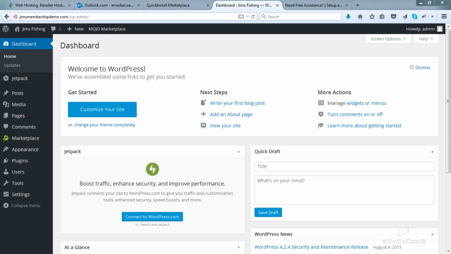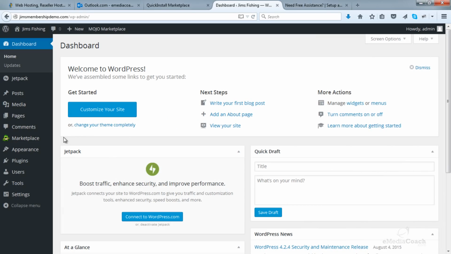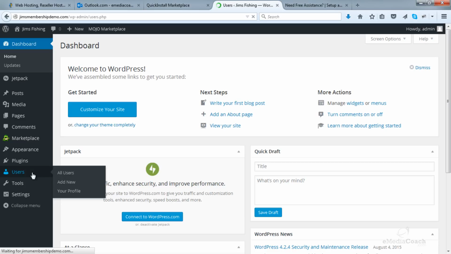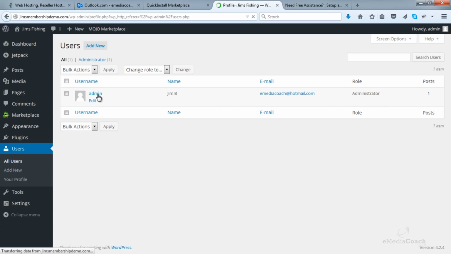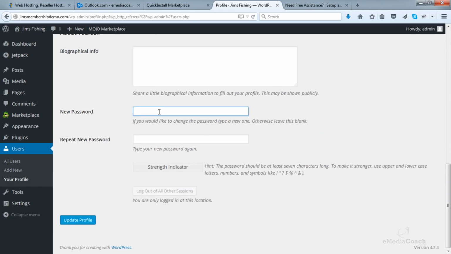The very first thing that I highly recommend you do is change your password, because you will probably notice that this password that WordPress gives you by default is not very memorable, and there's no chance that you will be able to remember that. So to change your password, go and hover over the Users tab, and actually just click on the Users tab. Then click on your username. Now down the bottom, you should see 2 fields for entering your new password. So just enter your new password in there and repeat that, and then click on the Update Profile button at the bottom.